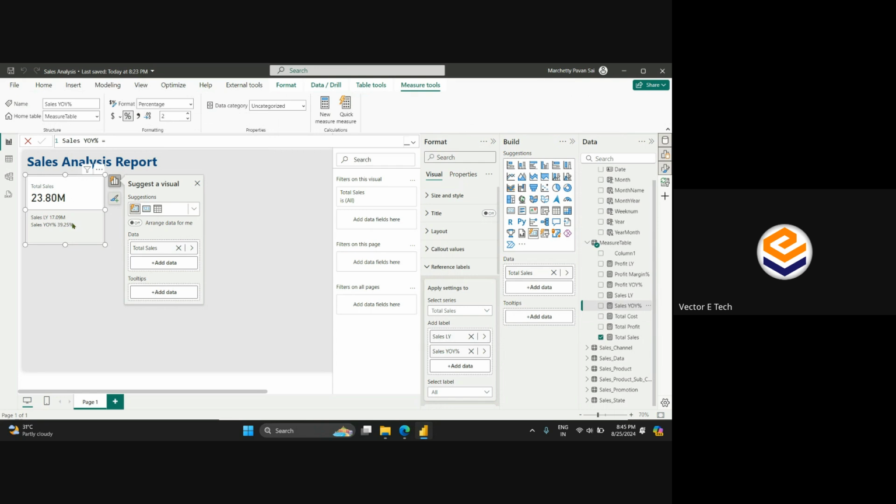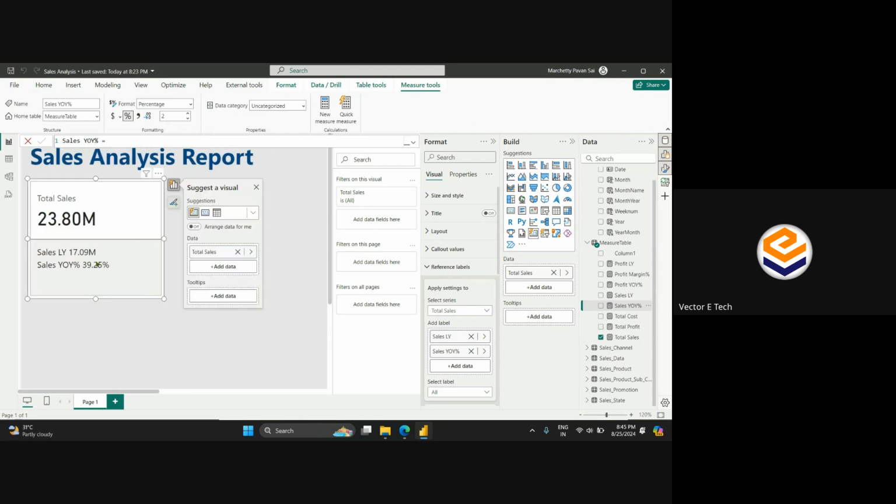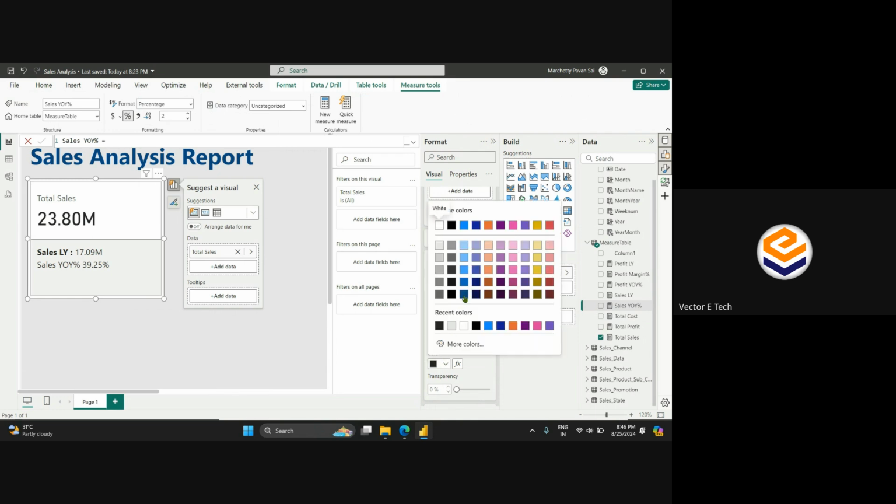It will show me that particular 39.25%, right? If we see this particular value, we don't have the separation value over here. In order to make that, what we need to do is select this Sales LY. You can change this to custom name, and here you can just put a colon, right? Automatically you can see that the value changes. You can bold it so that you can see that they are highlighted, right? And you can change the color as well,